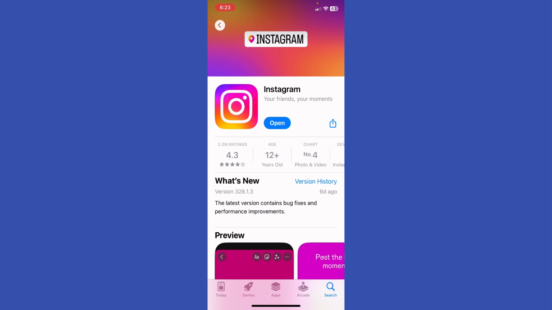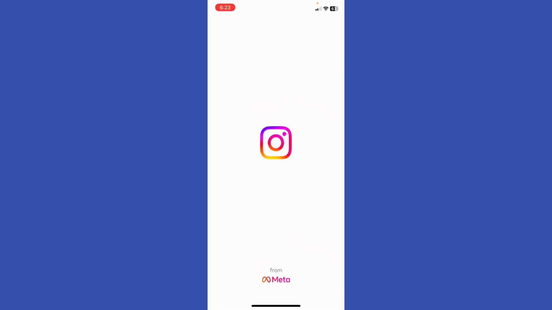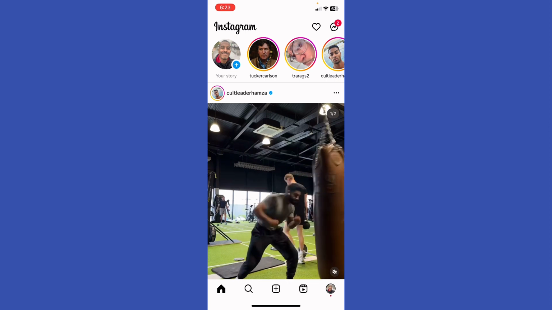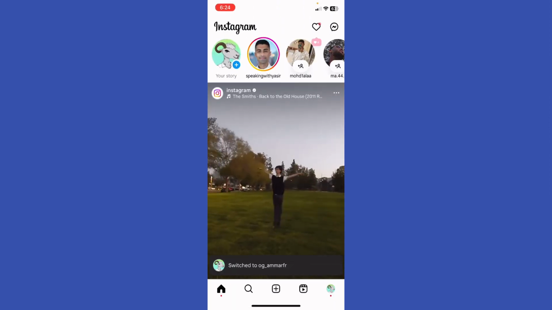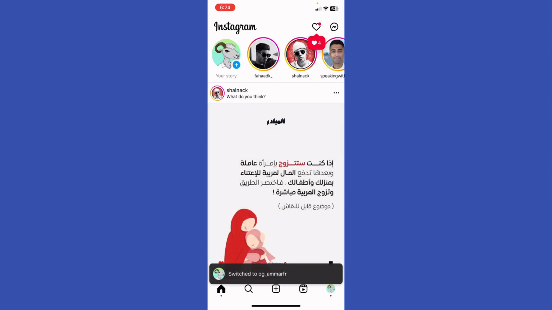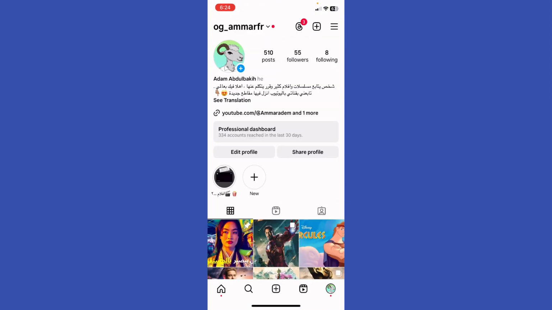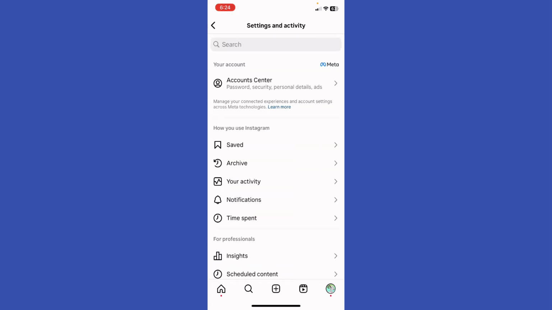Now what I'm gonna do, I'm gonna just open up the Instagram, right? And as you can see, this is the interface of the app. I'm gonna just change my account, and as you can see right here, let's say this is your account. I'm gonna just go ahead right here, and I'm gonna just click on my profile icon at the below right corner. Now what I'm gonna do, I'm gonna just click the three bars at the top right,